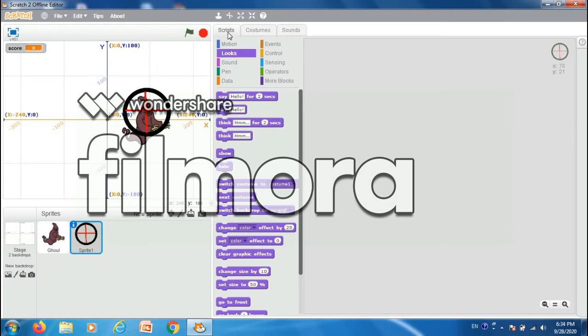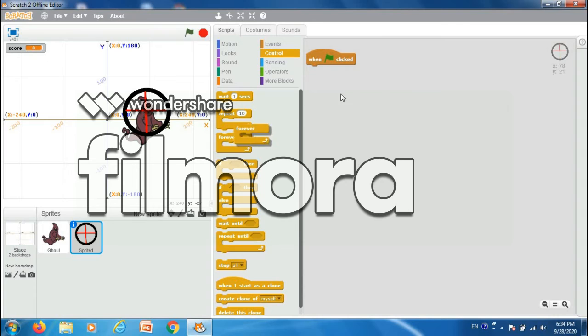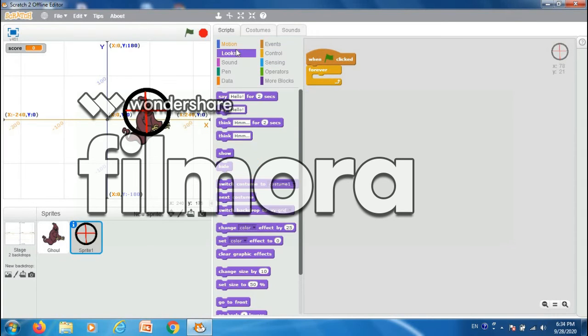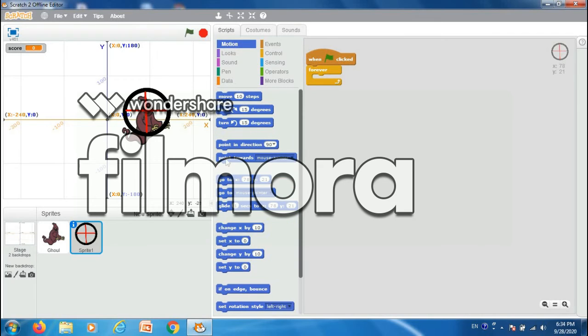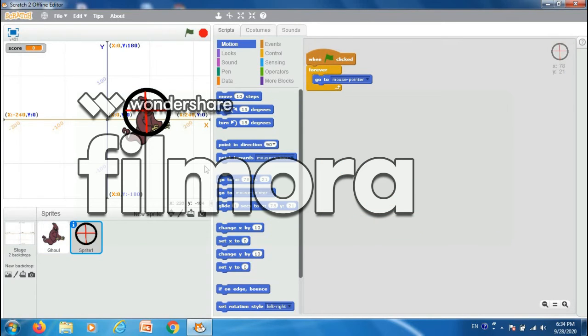Now go to its script, go to the events. When this green flag is clicked, go to the controls, forever, then go to the motions, go to mouse pointer. Now go to the looks and select here touching sprite 1, touching the mouse pointer.